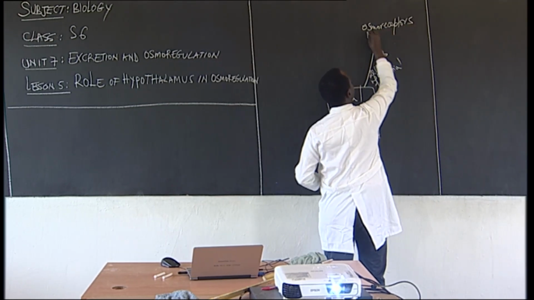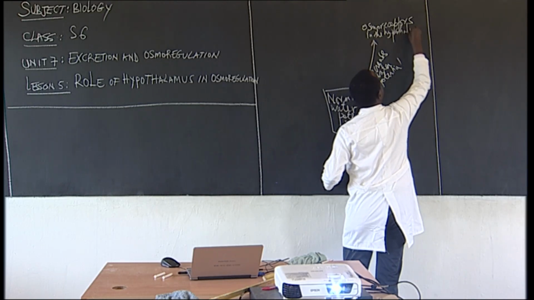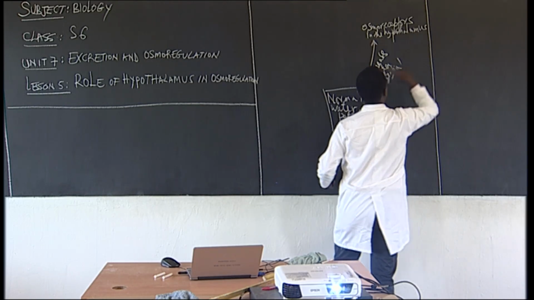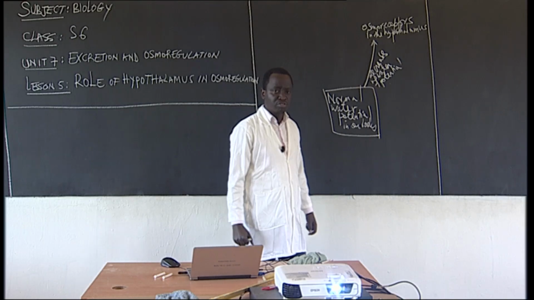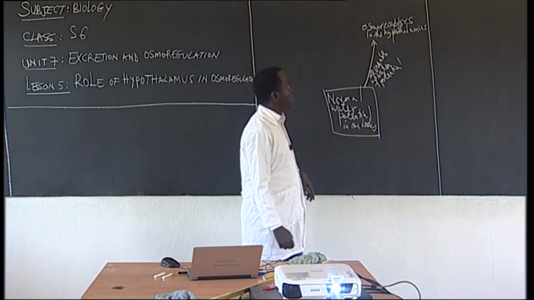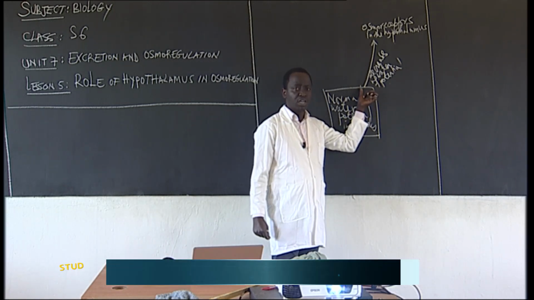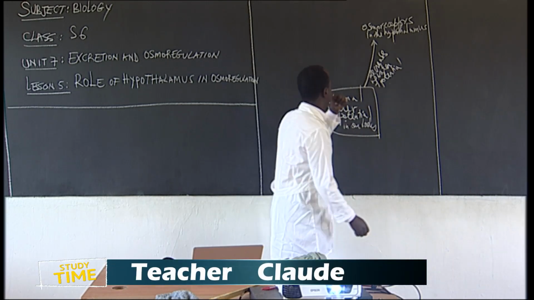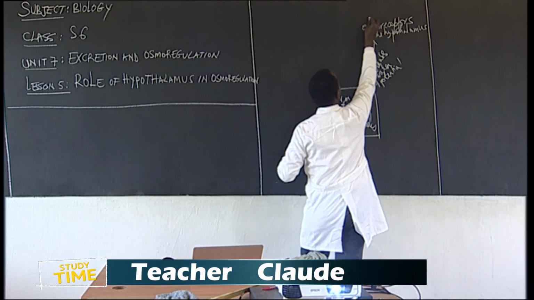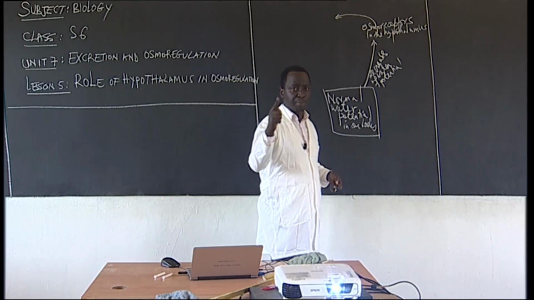In what? That found in the hypothalamus, which is the part of the brain. Actually, the brain is going to know that there is a problem of water that have been reduced. So this hypothalamus contains what you call osmoreceptors that will detect that there is a problem of what? Of water in the body. And then hypothalamus tell what? Tell what you call pituitary gland,